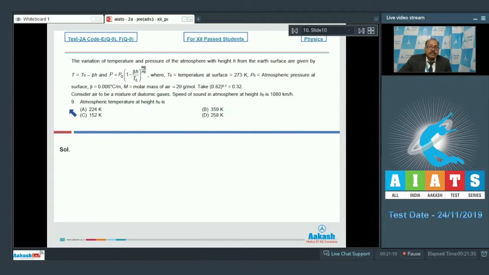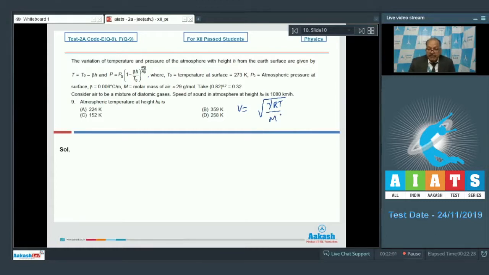Well, with this information, question 9 says atmospheric temperature at height h0 is. We have to find the temperature, atmospheric temperature at height h0. Well, we have been given the speed of sound in atmosphere at height h0. We can use the expression for speed of sound in a gas, and that expression is V is equal to under root gamma RT by M. Okay, so let's try using the expression V is equal to under root gamma RT by capital M, where gamma